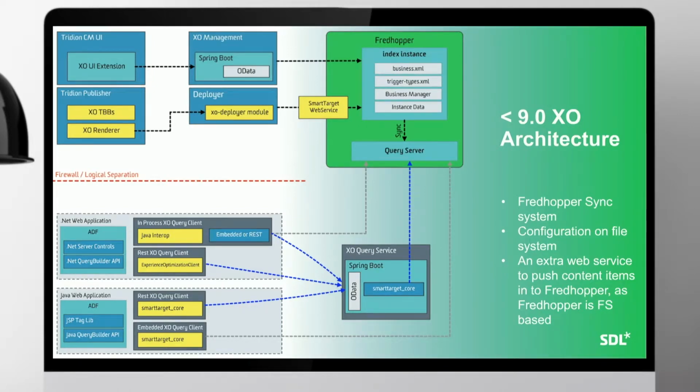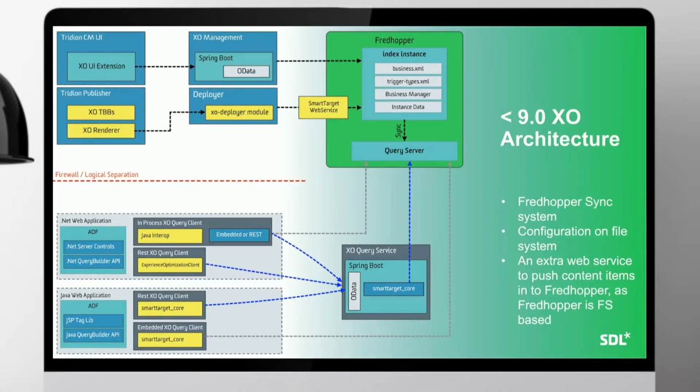We have a CM part and a CD part, so the content management part and the content delivery part. And it's always the question of how you get data from the content manager side to the content delivery side. And if we put XO in the mix, then you see that on the content management side, the